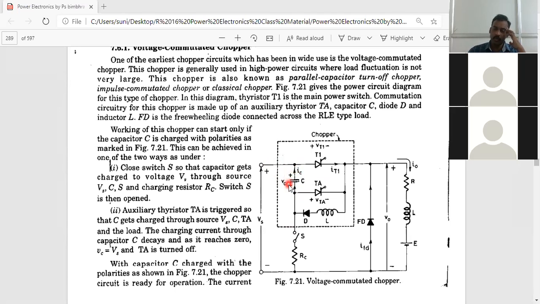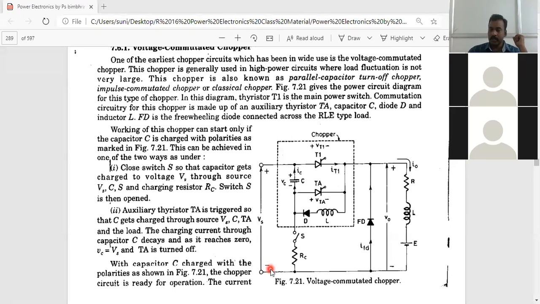Okay, then what is going to be done after that, the switch is going to be opened, and a gate pulse is going to be initiated to this thyristor. Whenever the gate pulse is initiated to this thyristor, current conduction starts. So the current conduction is going to be from positive to this device, device to this load, load to the negative of the supply.